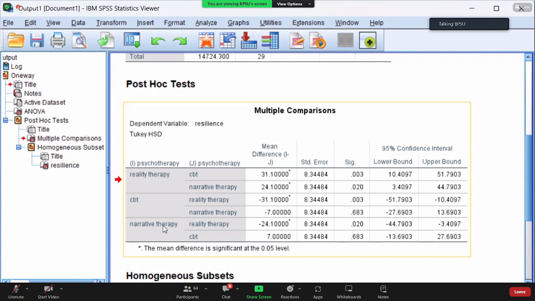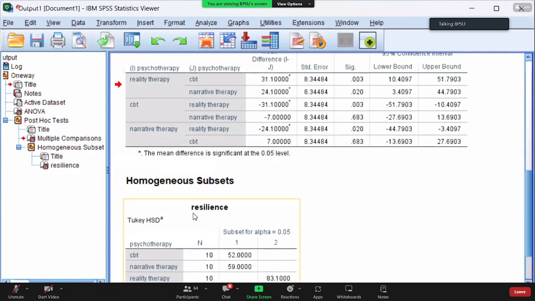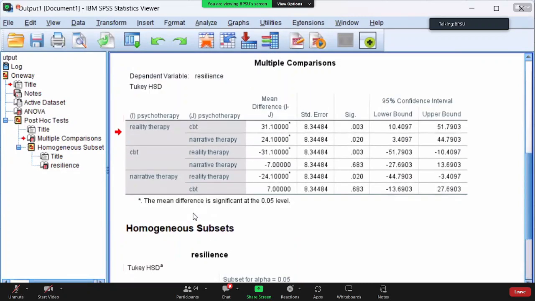Again ito yung ginagawa ng post-hoc. Sa multiple comparison, hinahanapan natin nasaan doon ang significant. And in our hypothetical example, makikita natin siya kay, again, reality therapy versus CBT and reality therapy to narrative therapy. Pero walang difference kay CBT and narrative therapy. Are we clear? Yun. So, ibig sabihin, okay? Ibig sabihin, guys, if we're going to write your results, okay, ang sasabihin nyo is,